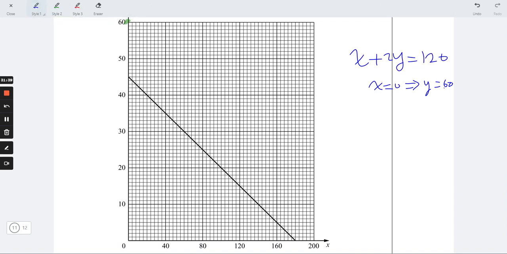Now, if y is 0, this will give us x equals 120. So x is 120, it will be here. Let's draw a line by using a ruler. For sure you should use a ruler. So the values here,